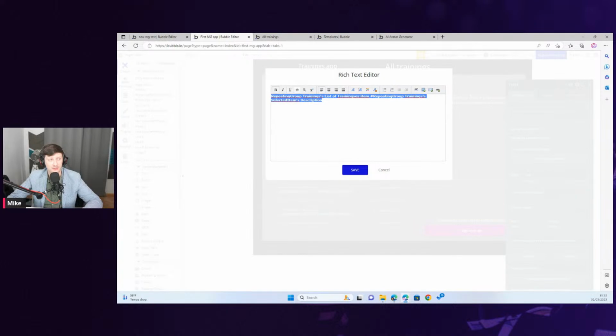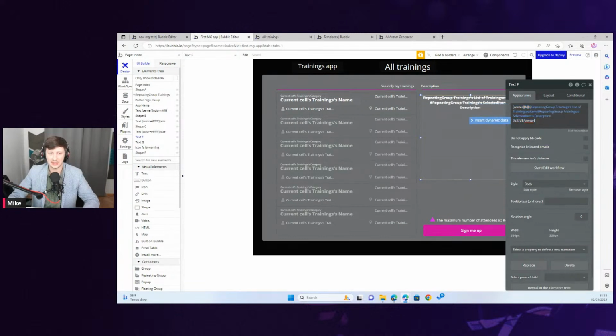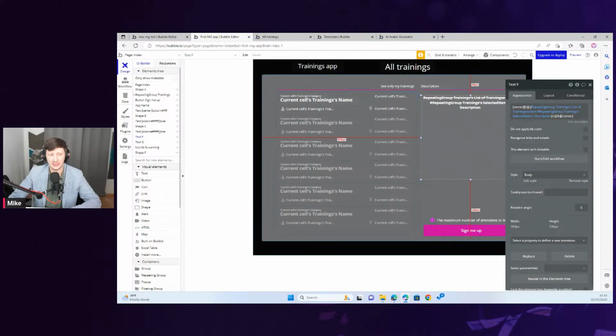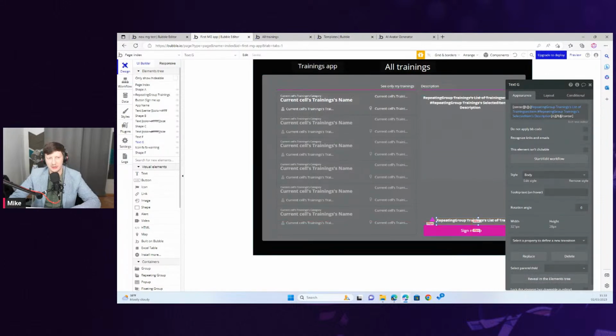I can define different styling for this dynamic data. Maybe put it in center, maybe change its font. And look at this. I hit save, and suddenly it creates tags, right? And now I can simply copy the whole formula with the tags and put it somewhere else, and it will immediately duplicate the behavior.